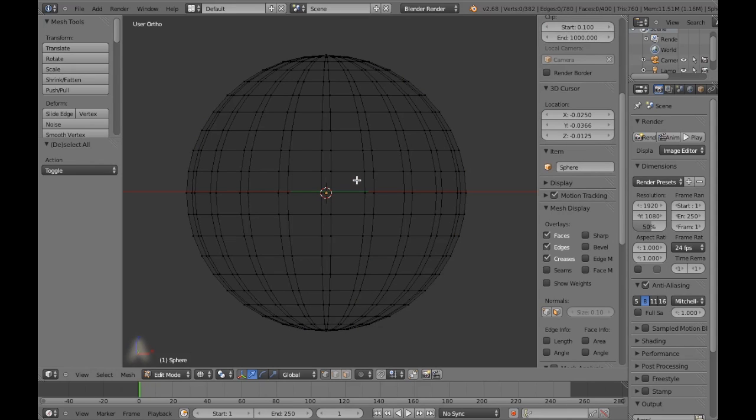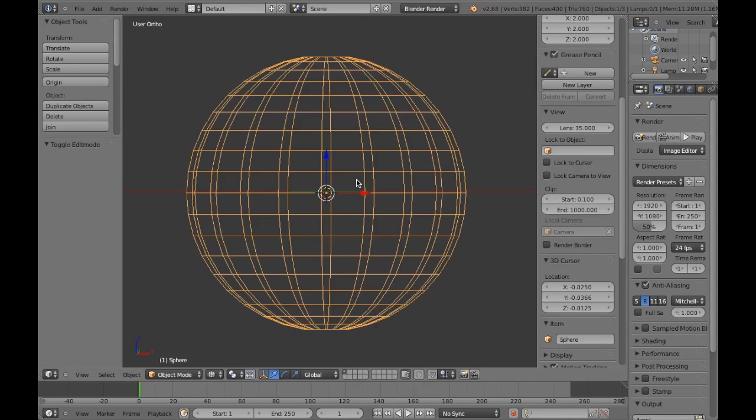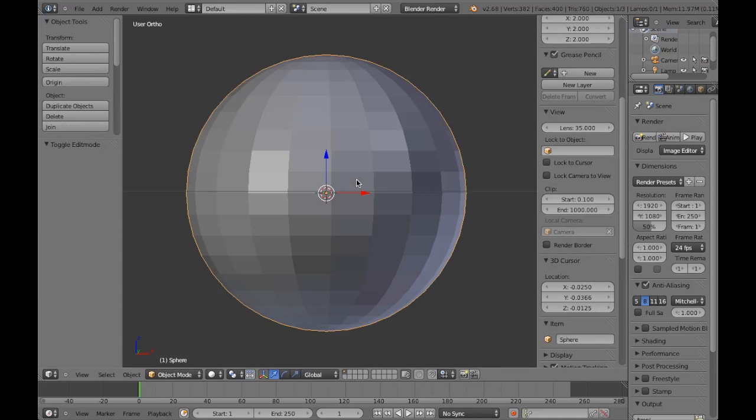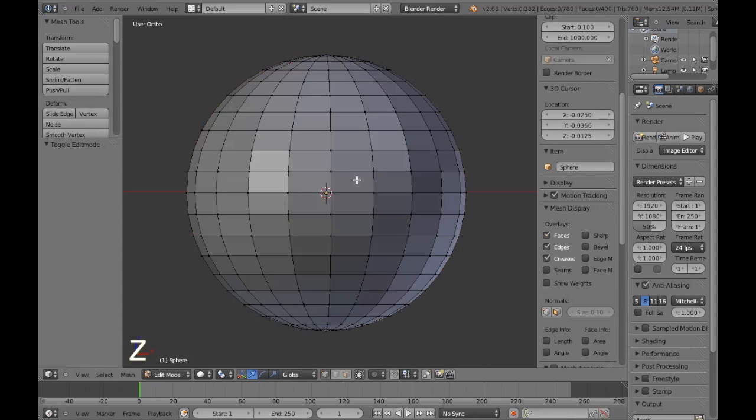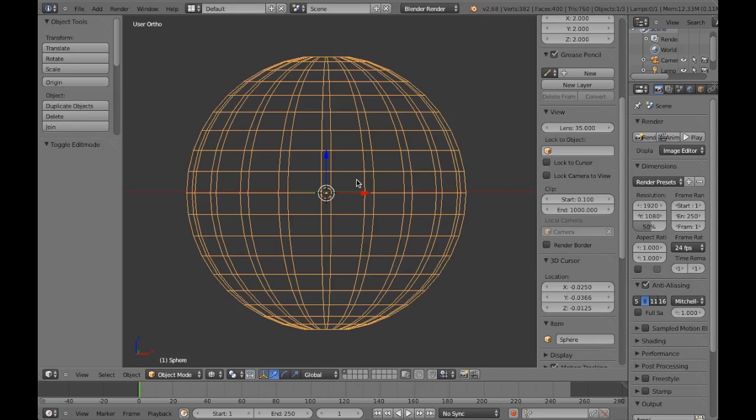So tab toggles between object and edit mode, and Z toggles between wireframe and solid shading mode, it's called. So we can go into object mode and wireframe,